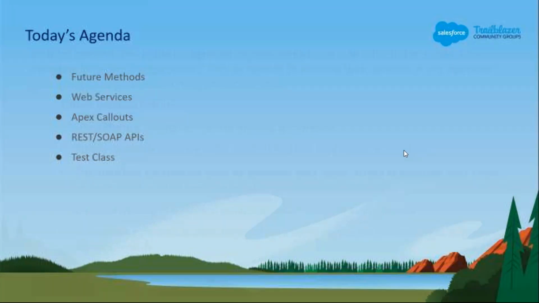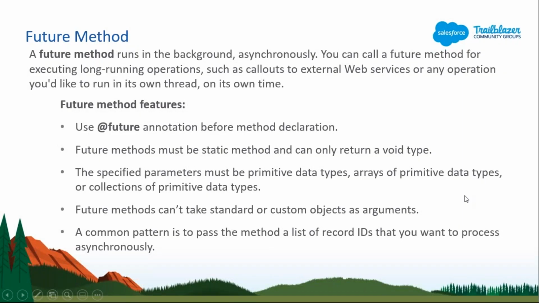So first is the future method. A future method is nothing but something that will run in your background. We will not be able to monitor it, and it will run in the background. So if we are working with data which is taking too much time, or we don't need to monitor that, then we can use the simple future method, and it will go behind the scenes and work it out.